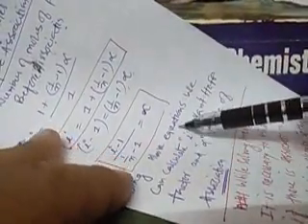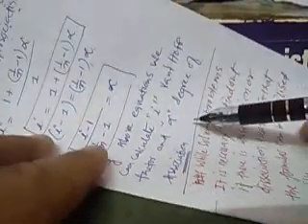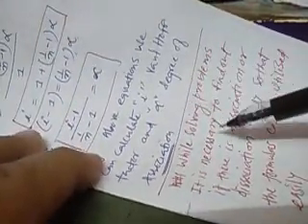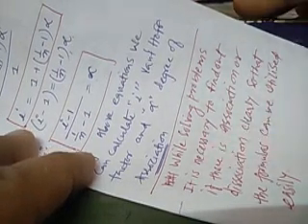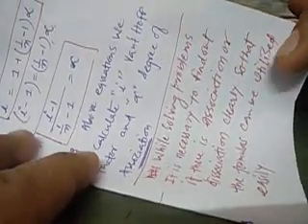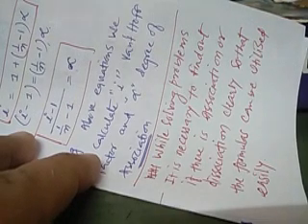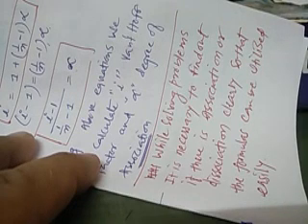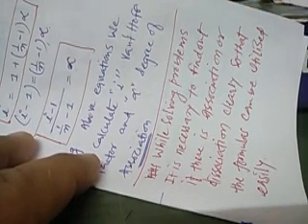So using these formulas, we can calculate the van't Hoff factor as well as the degree of association or degree of dissociation. So these formulas we can use in solving various kinds of problems. And we need to keep in mind that whenever we solve any problem using these formulas, we must make sure whether in the question it is given association or dissociation.